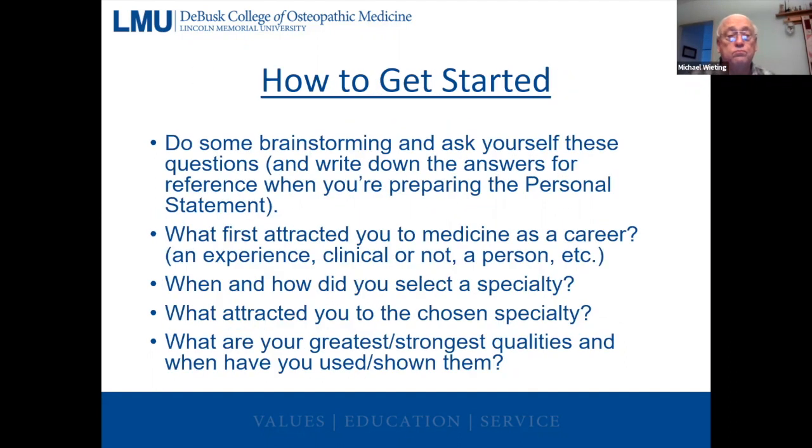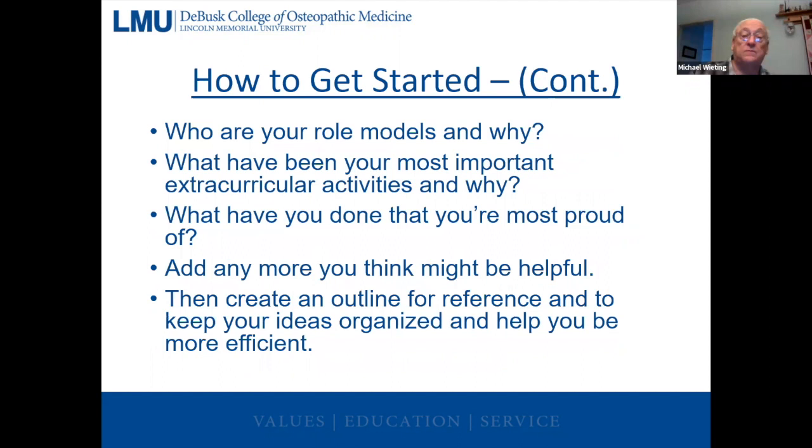So for those four questions, write down just bullet point answers that you can turn into what will eventually be a prose answer. So in terms of looking at some of the things to consider when you're talking about how did you pick this specialty, think about, were they role models? And if so, what were those role models and why were they role models? That kind of thing.